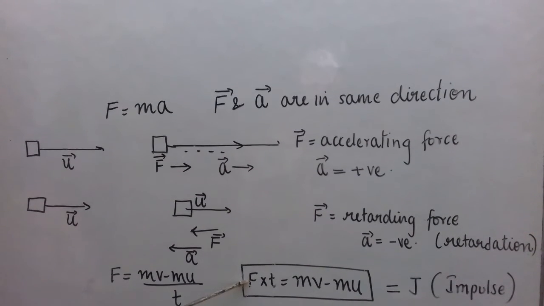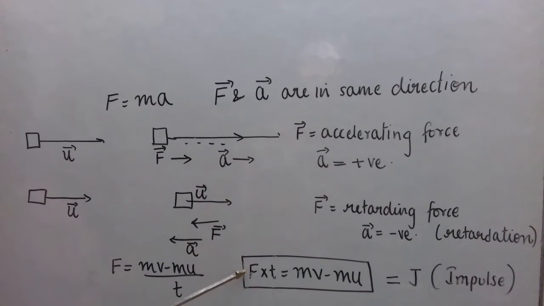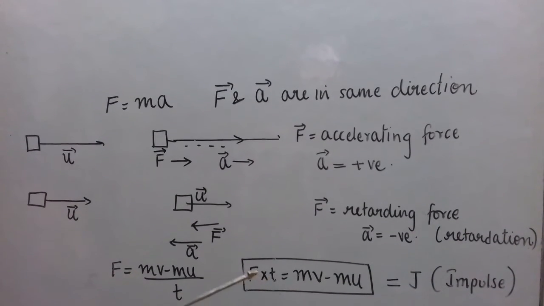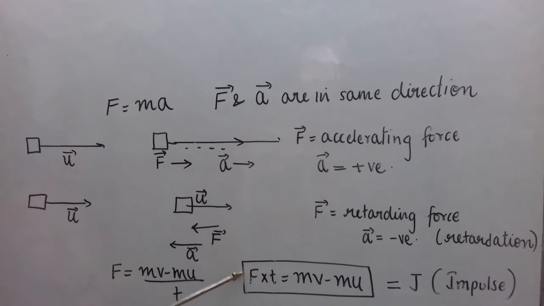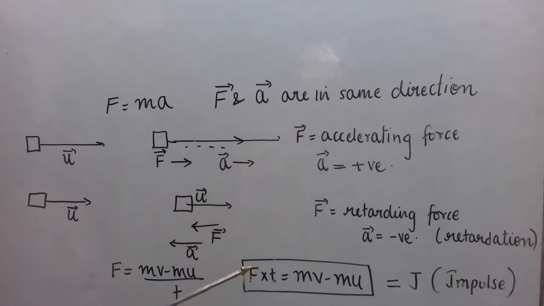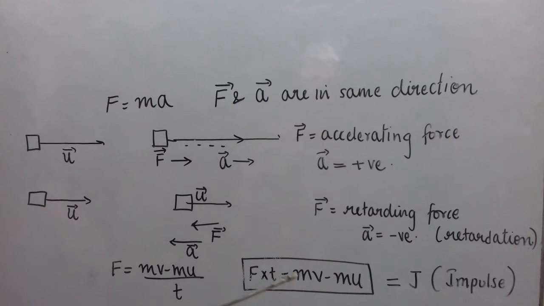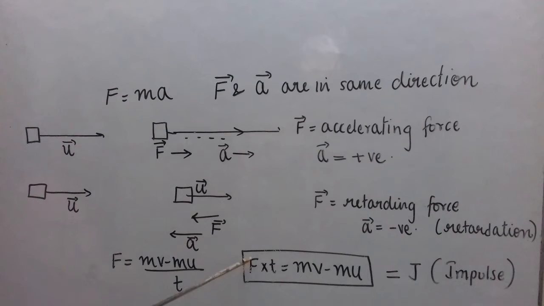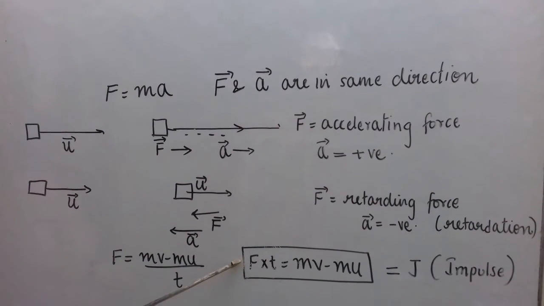And we will see in the next laws of motion that the ball also applies an equal and opposite force on his hands. So he might get hurt more if he keeps his hand in front of his body and catches the ball. On the other hand, if he lowers his hand or pulls his hands backwards and catches the ball, then he is increasing the time to stop the ball. Increasing the time means the force on his hands will be reduced automatically, so he will not get more hurt.